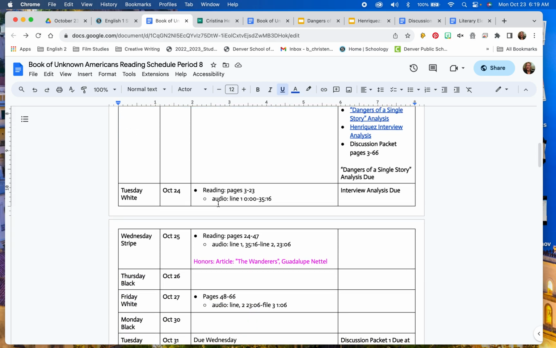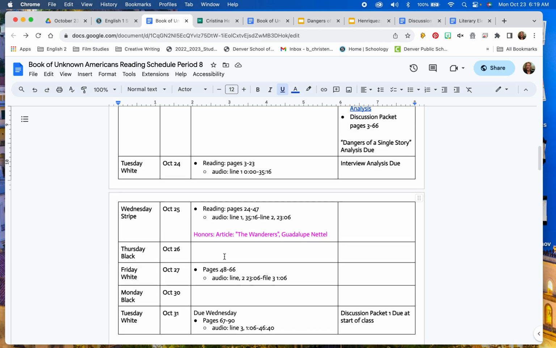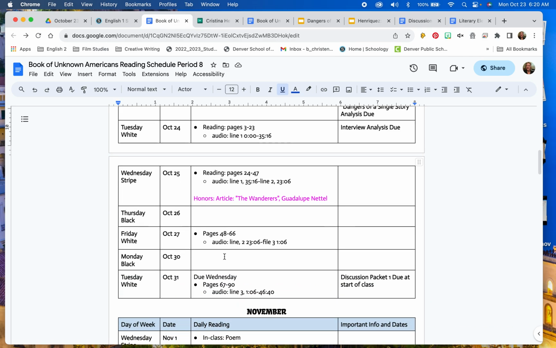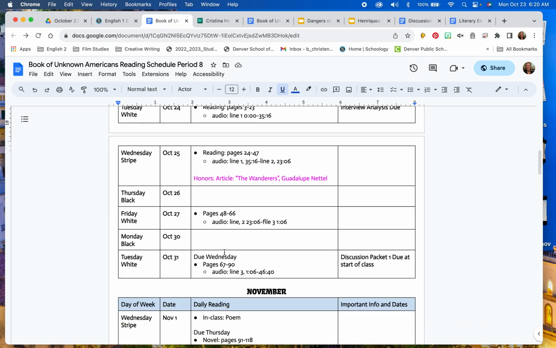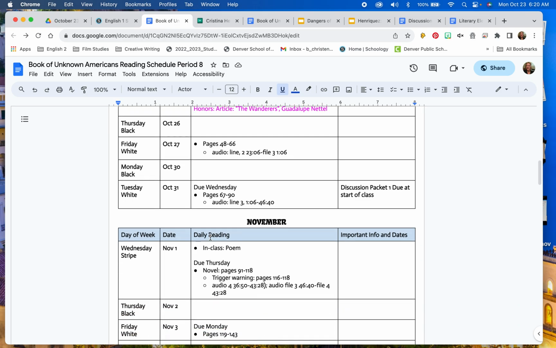And so you'll be doing that work in class. The expectation is that by the end of the week, you're all done with that. I just noticed that this is actually period 8's reading schedule. So that's cool. But then following next week, you'll start getting into the actual due dates. The reading is due Wednesday. So make sure that you're paying attention to that.